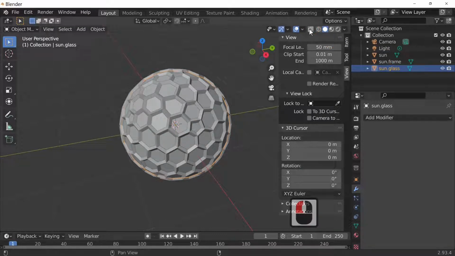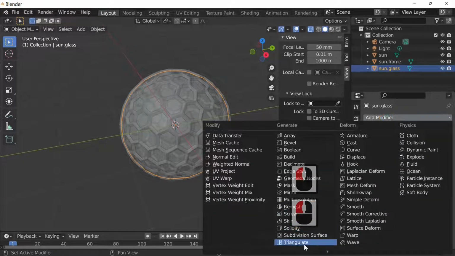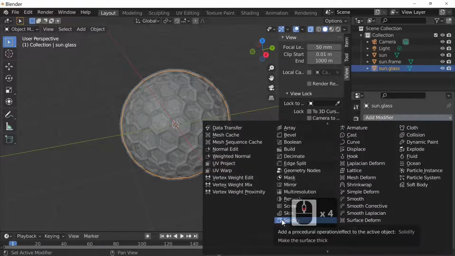I'm just going to toggle the actual X-ray mode, because this will actually show the thickness of my glass. So hitting the wrench or the spanner again, add a modifier, and we're going to solidify this.